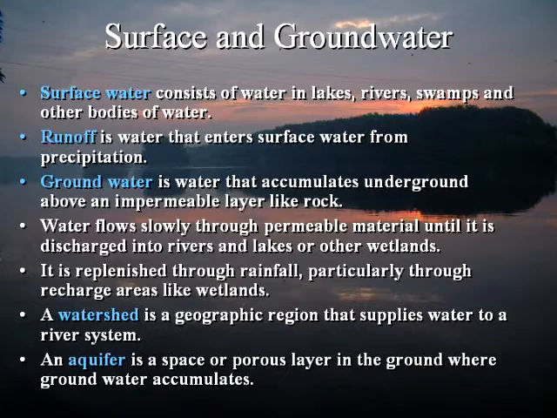Groundwater is that water that accumulates below the surface, generally above some layer of rock which is impervious to its movement. Generally speaking, water will move through the soil and continue to percolate downward due to gravity until it reaches a layer of impervious material. And from there, it can move along that until it can again be discharged into rivers